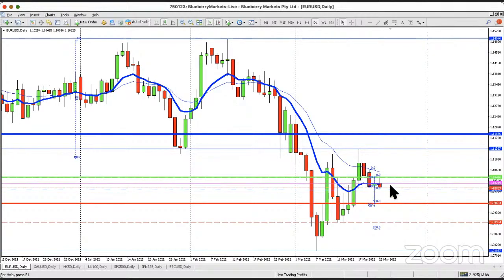Now, if you just have a look at the euro, it's not terribly enticing at the moment because of where we're at. We're right at moving averages, so we are going sideways in a trading range. And look at yesterday, trading range price action. So just for a bit of clarity,